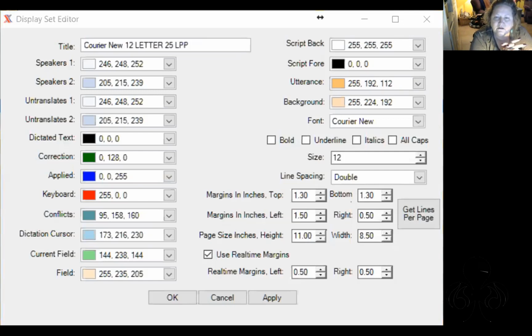The next field is the utterance. We ask that you not change that in the beginning either. The utterance is highlighted in this orange color when you turn correction on, and then it will highlight the utterance, and then you hit page down, it goes to the next utterance, and so on and so forth. We haven't gotten there yet, so don't worry about it. The background is the actual color of your dictation screen when you go to real-time